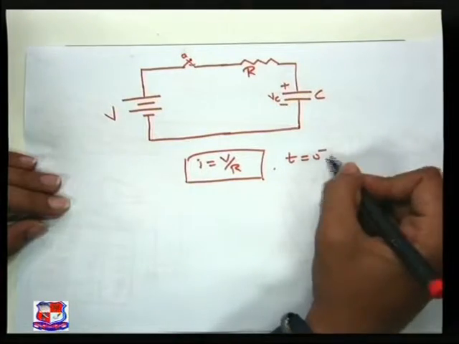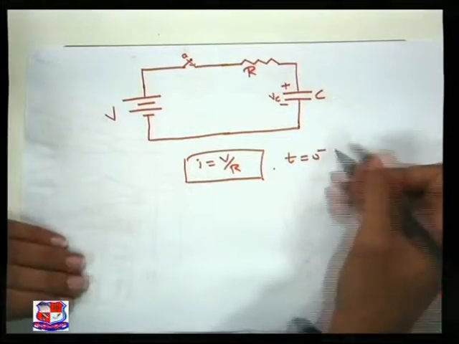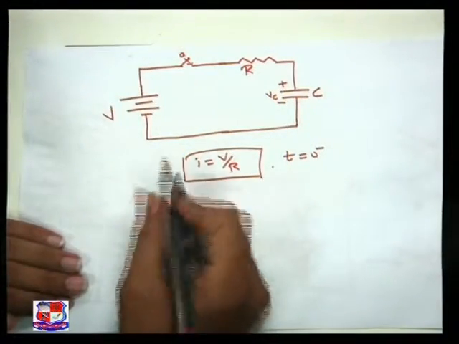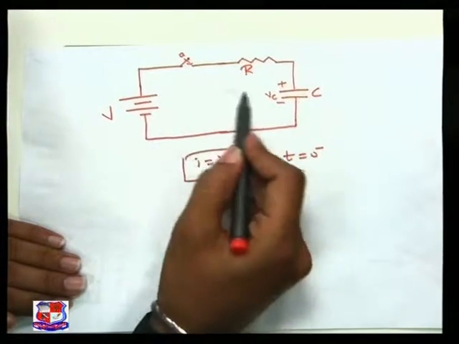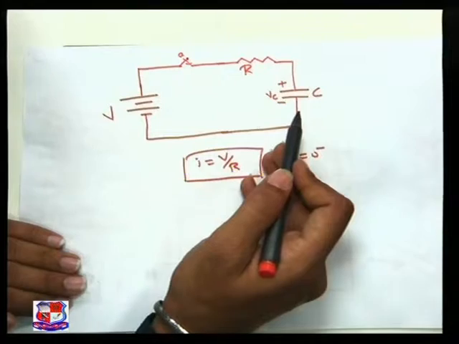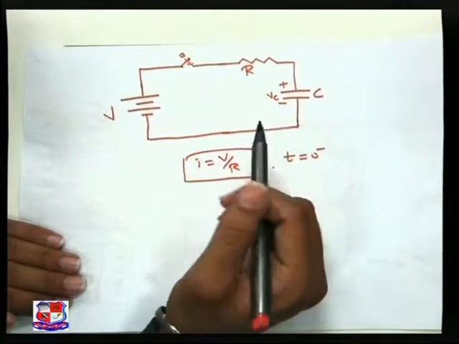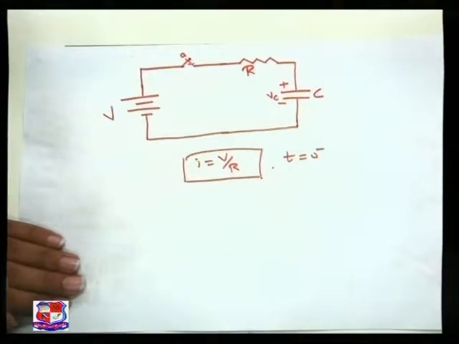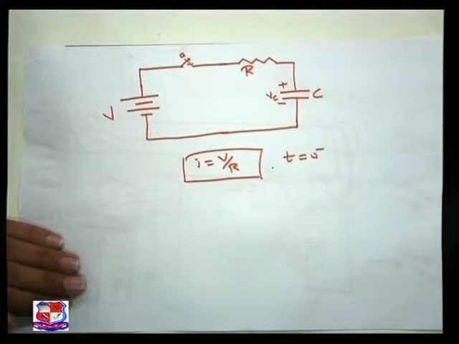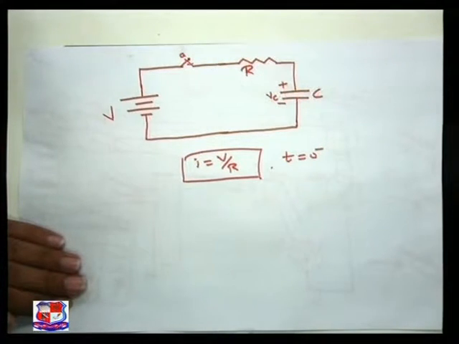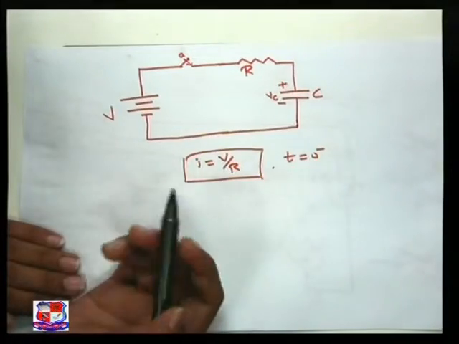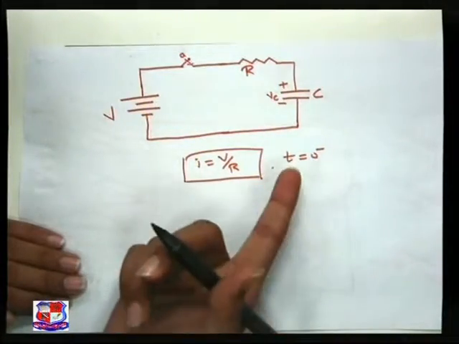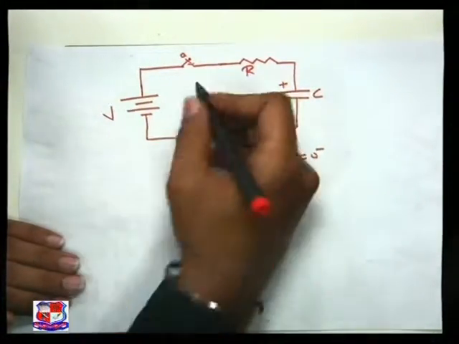0 minus, that means the switch is not closed. Now if we close this switch, this voltage will go through the capacitor also, and the capacitor starts to charge. Actually, initially it will start gradually, it will reach some point, and then it will increase suddenly. Suddenly means voltage across the capacitor will be there, and finally with this voltage across the capacitor, the current in this loop will